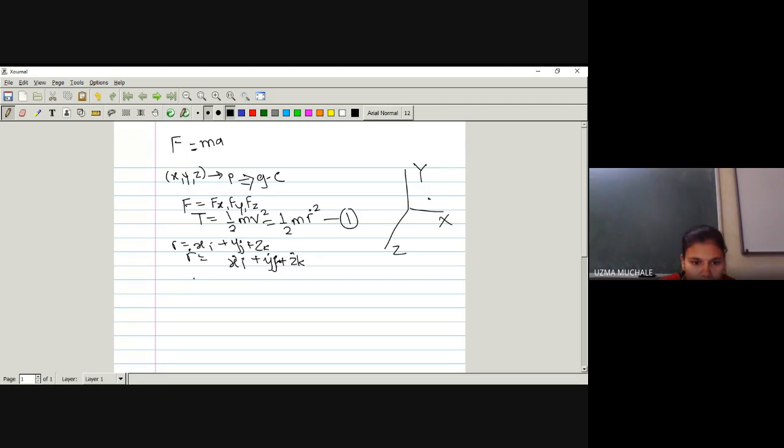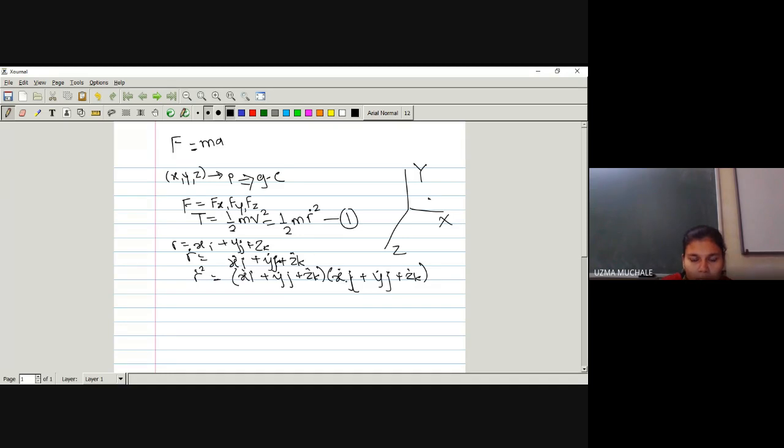So now what will be the value of r dot square? So r dot square is nothing but, now let me take the square of this. Let me evaluate x dot i plus y dot j plus z dot k into x dot i plus y dot j plus z dot k, right? r dot square, so multiplication of these two. How are we going to evaluate the multiplication? The i dot i is 1, right? Why is i dot i 1?